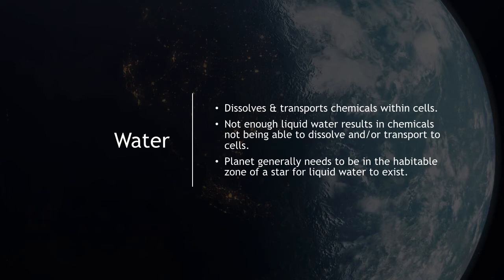Too cold and water will freeze and the required chemicals for cells will not be transported. If it's too hot, the water will evaporate and the chemicals won't be transported either. For example, some organisms on Earth use glucose from photosynthesis. A lack of liquid water results in the glucose not being